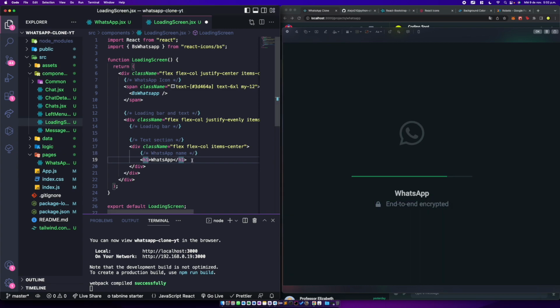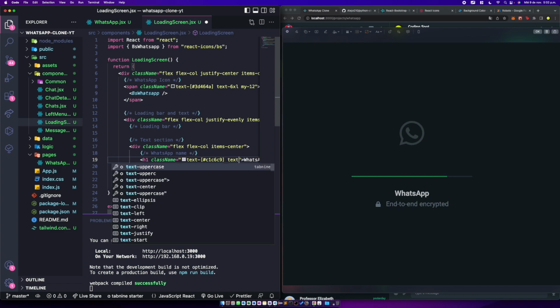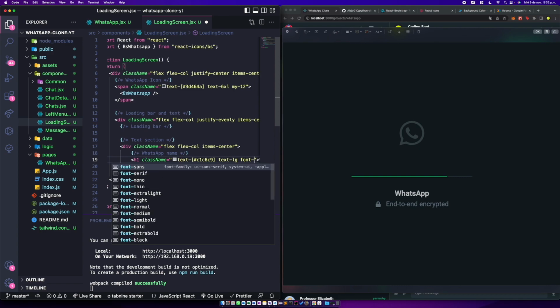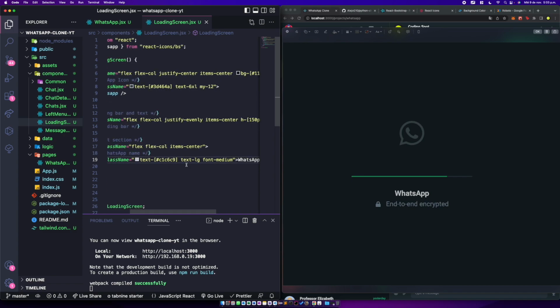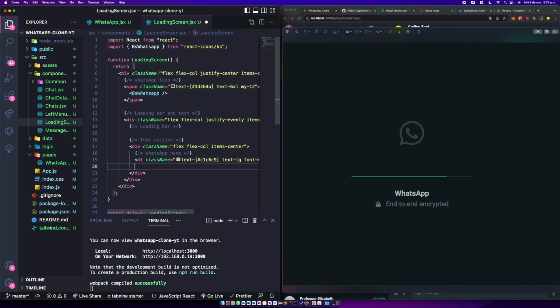So okay, this is gonna be a class name of text-[#C1C6C9], text-large and font-light. Font-medium. We want to do it like bold. And as I told you,